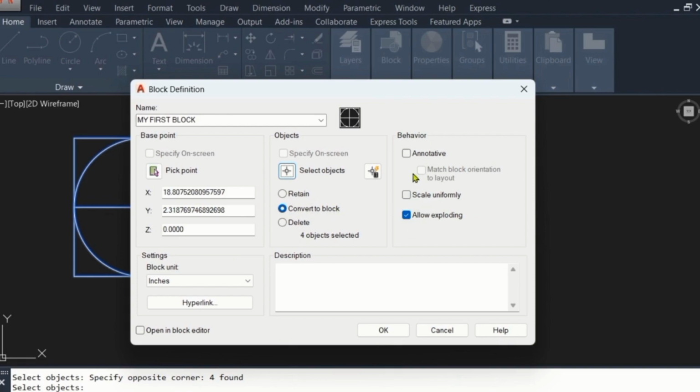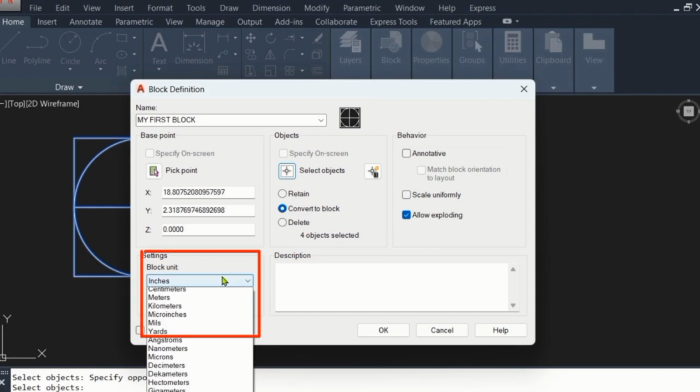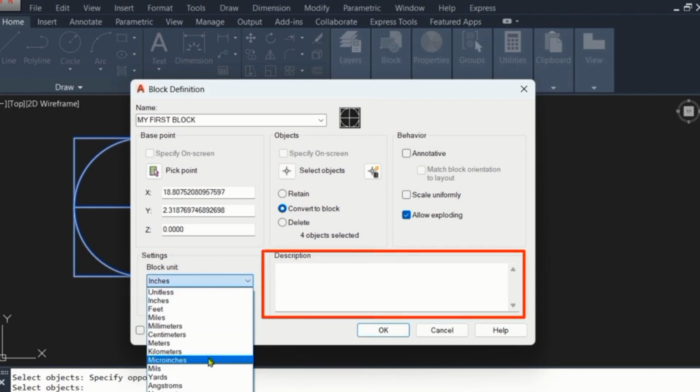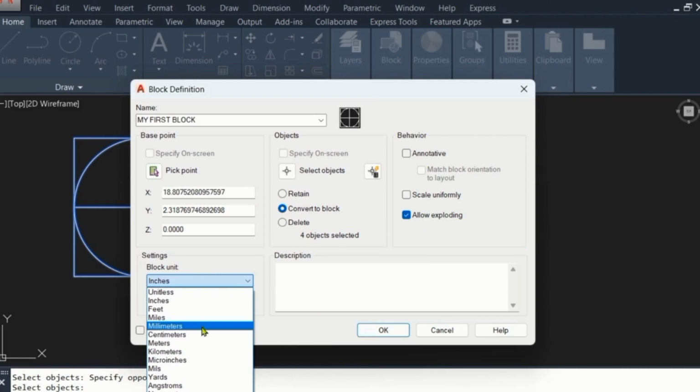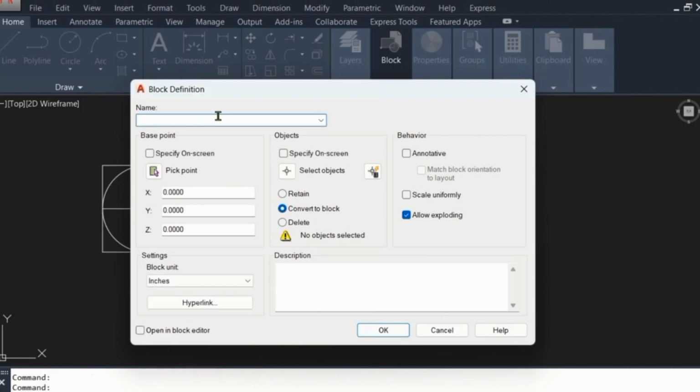Annotative. If you're working with annotative objects, checking this option ensures that the block scales appropriately when the annotation scale of the drawing is changed. Units, we choose meters. Description, where you can write the information about the block. Then click OK to create the block and save it in your drawing, and it can be inserted into other drawings as